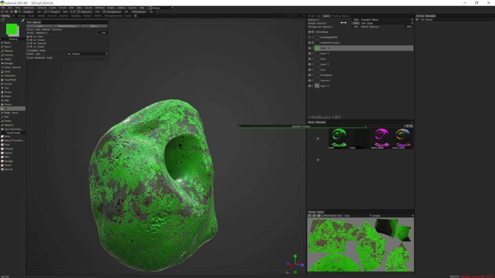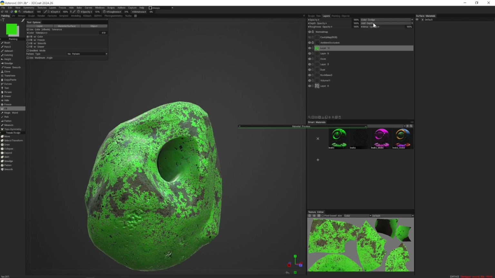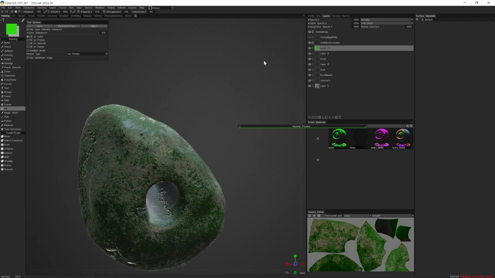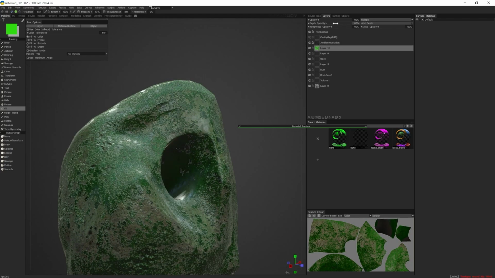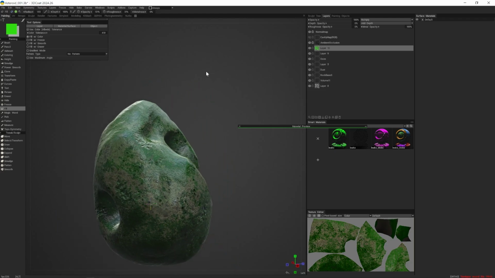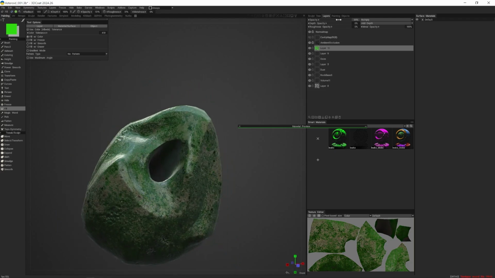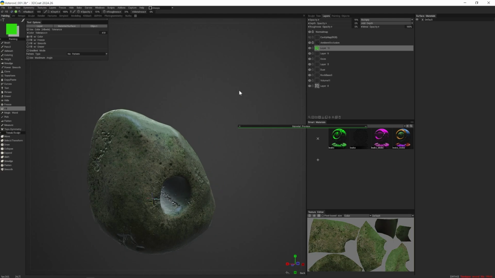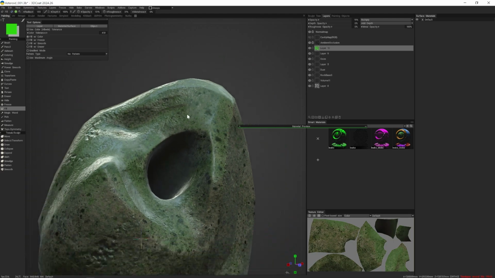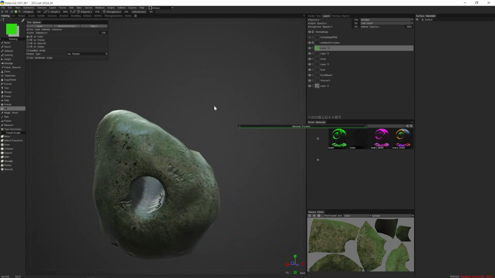Okay, and we can change things on this layer. We could change the blend style, so we could make it color dodge. We could make it multiply. We can dial down the depth opacity. We could dial down the roughness opacity. Okay, we could of course dial down the overall opacity. So I'm just doing this to show that we can texture paint directly on the actual model,